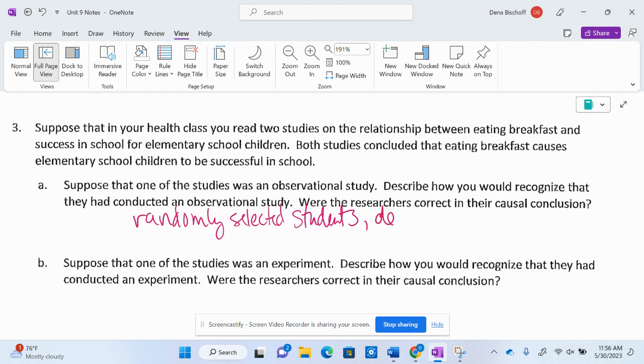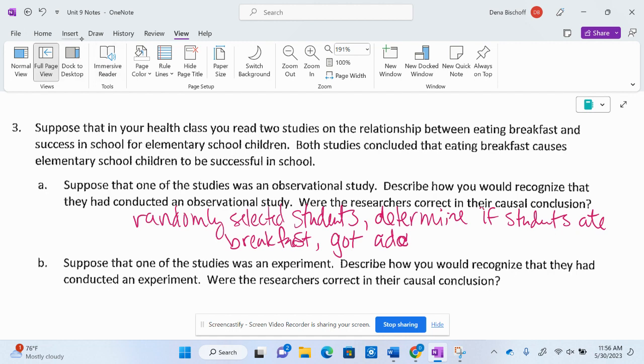So maybe they watched or did a survey to determine, because remember, a survey can be part of your observational study. Determine if students ate breakfast. And then the researchers got academic results